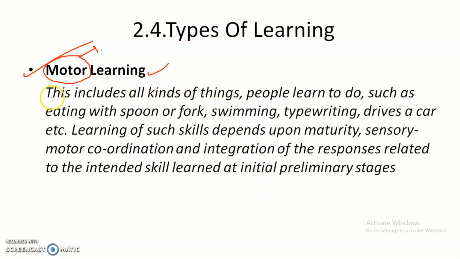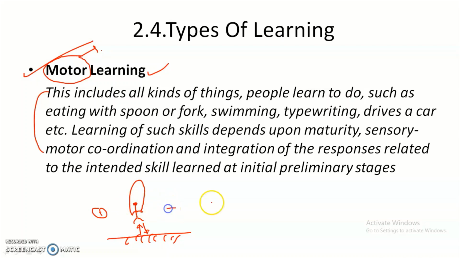Before going into this definition, I will say one thing: if a person starts skipping with a rope, let's take it on the earth surface, and it is the first time for this person, then he can't skip properly. Why? Because his mind cannot guide him when the rope will come down, how much force he has to apply to jump up, what is the length of the rope, how much strength he needs to jump up, and when he has to come down. Initially his mind cannot decide all these things.